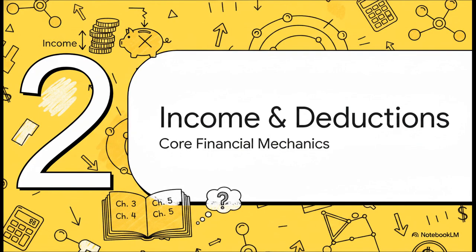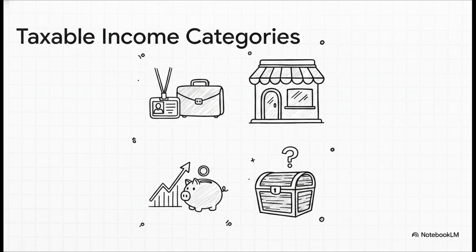Moving right along to Section 2, defining income and deductions, the core financial mechanics. Here, we're exploring Chapters 3, 4, and 5 to answer pretty much the most crucial question in any tax code: what exactly is being taxed and what can be written off? Chapter 3 breaks this down with remarkable clarity into 4 very distinct categories: income from employment, business, investment, and other sources. By strictly categorizing income streams this way, the Act ensures that, whether you're earning a monthly salary, running a local shop, or collecting dividends from investments, there is a clear, specific framework for how your revenue is assessed.